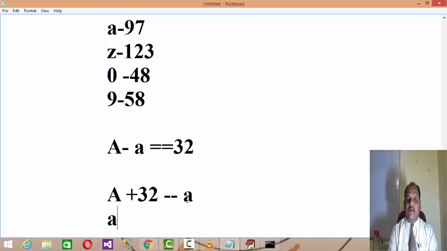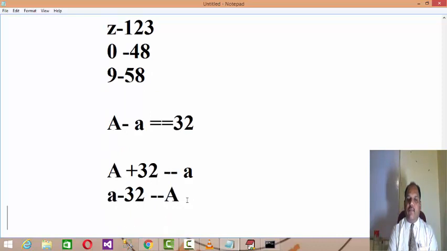And if I identify a small a and subtract 32 from it, it becomes a capital. To convert a character from capital to lower or lower to capital, I need to add or subtract 32. If I add 32 to the upper character, it becomes lower, and if I subtract 32 from a lower character, it becomes capital.